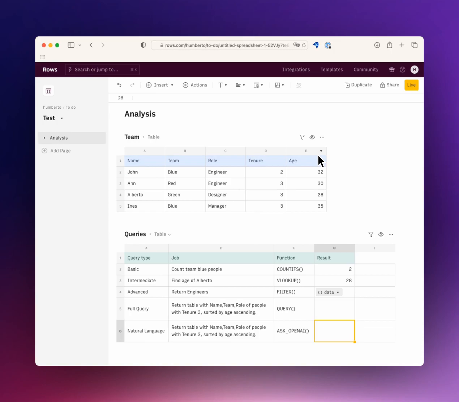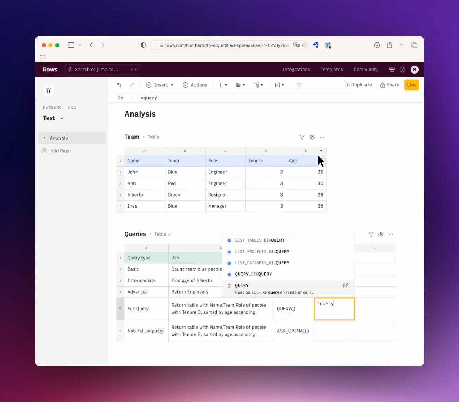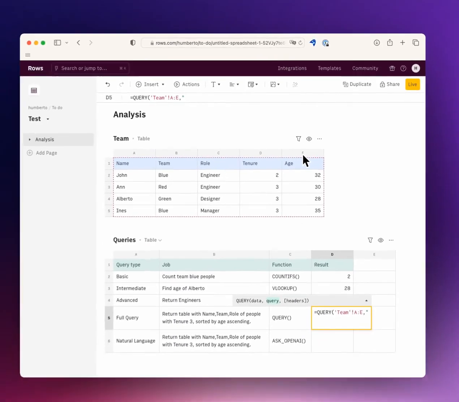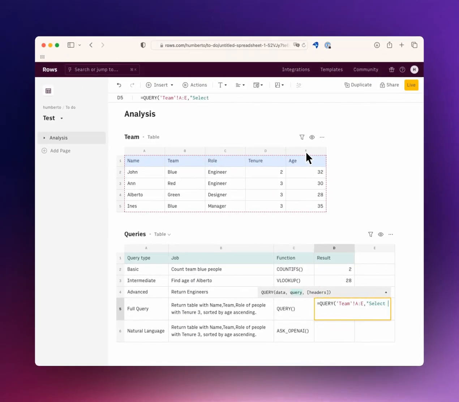And now we want to return a table with name, team, role of people with tenure 3 sorted by age ascending. This is a bit more complex, but I'm going to run the query here, and this is the data that you want. And now we're going to do select. So we want the name, so column A, team, which is column B, and the role, which is column C,